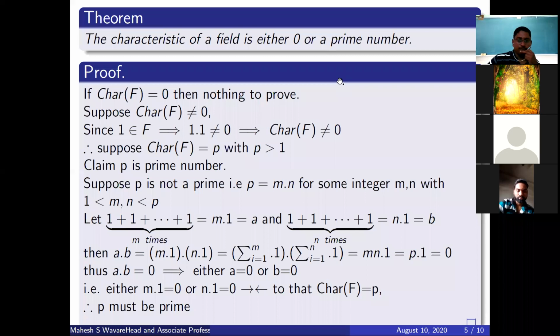I will ask one question to all of you. Is there any example where the field is infinite but the characteristic is finite? There may be one, or we can find some example of it. Just take note of this question as it arises. This is also a tricky and important question as far as competitive exams are concerned. Can you find an infinite field, or rather an infinite integral domain, whose characteristic is still finite? You solve for both, either field or integral domain. If it is a finite field, then its characteristic is always finite.